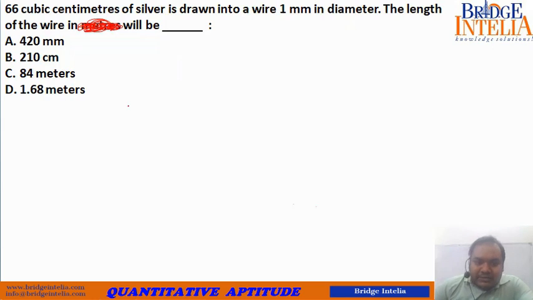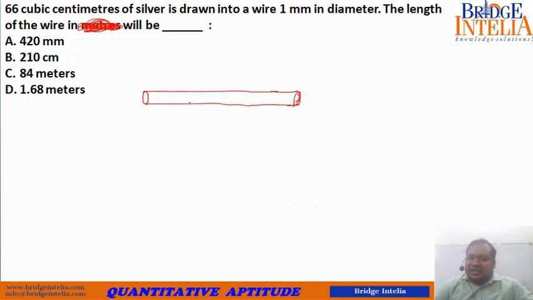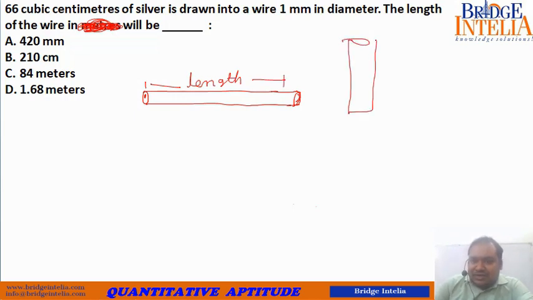Now see, a wire is basically in the form of a cylinder. If you think that this is a piece of wire, and look carefully, it is basically an elongated cylinder, and this is the radius. But here there is no concept of height; in the case of a wire, there is the concept of length. What is height for a cylinder becomes the length for a wire. In case of a wire, we talk in terms of length.